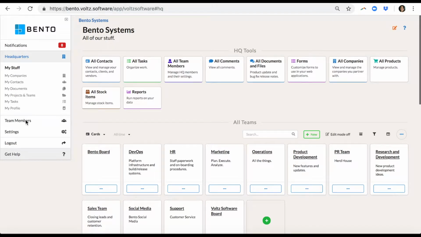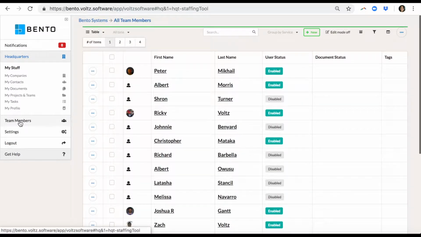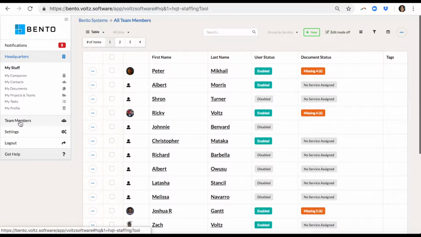So you can manage your team, whether they are staff members or volunteers. You can add them as individual team members in our team members section, and you can store documents on them, their personal information. You can store their payroll details, and also if you are an organization who needs to schedule either staff members or volunteers or both onto schedules or shifts,